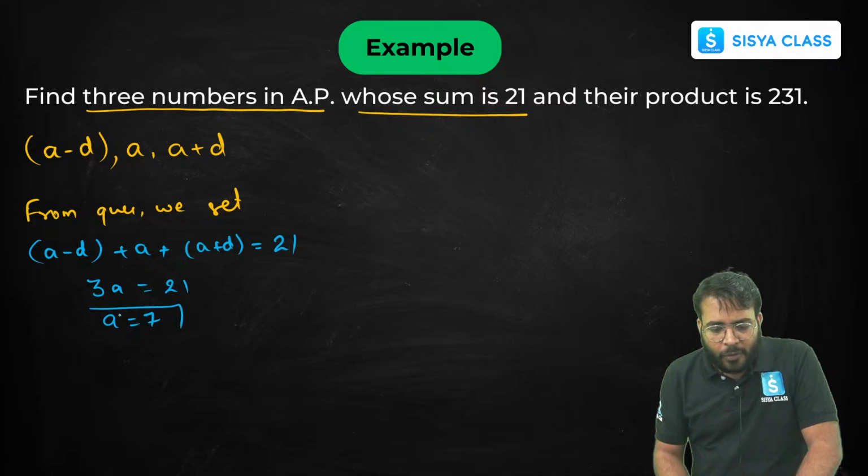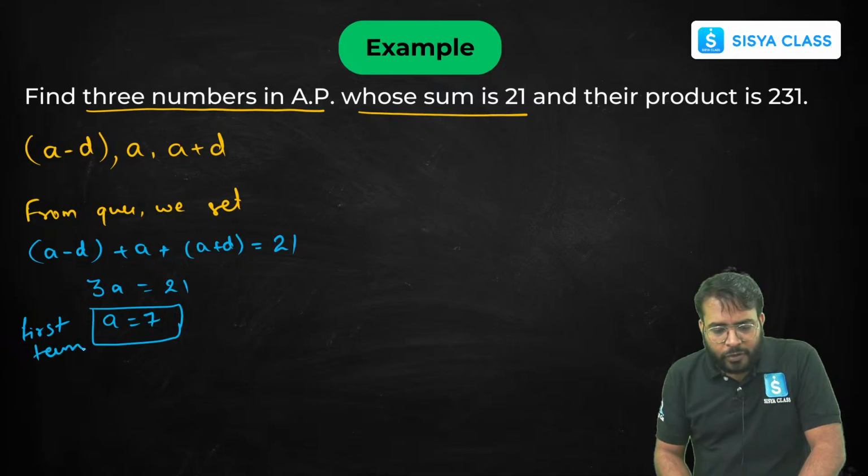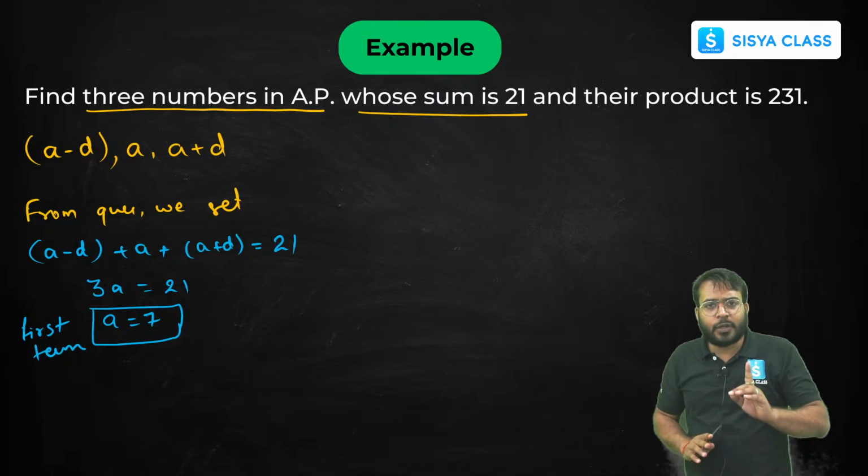Okay, from here you will get the value of your a is 7, and now you got your first term. आपको अपना फर्स्ट टर्म मिल गया है, ठीक है, सीक्वेंस का आपका पहला टर्म मिल गया।